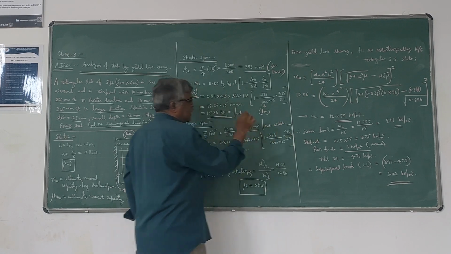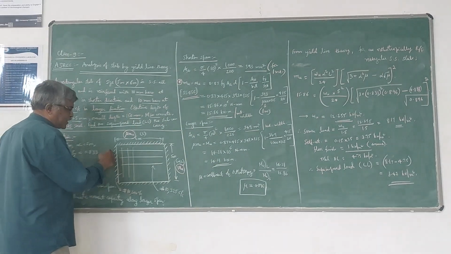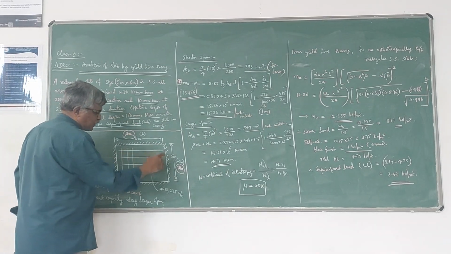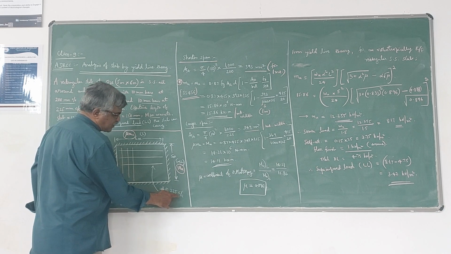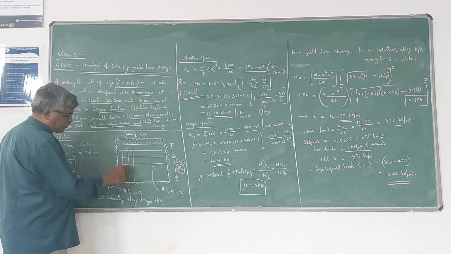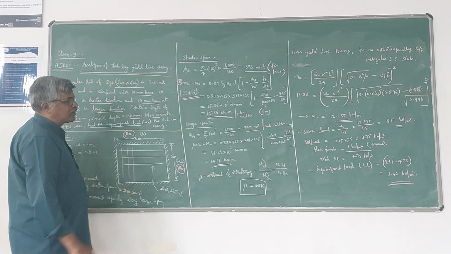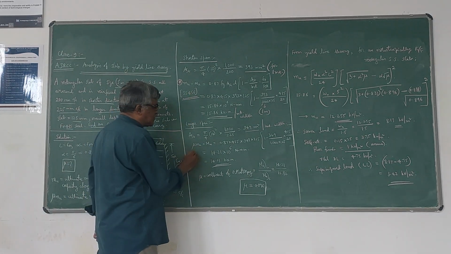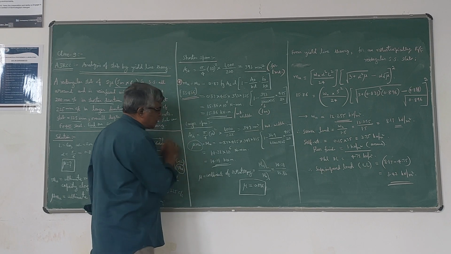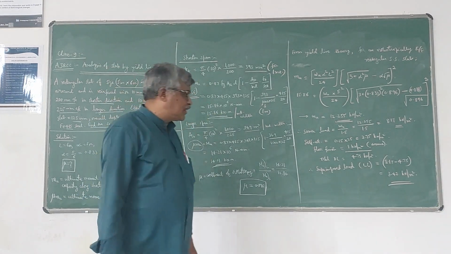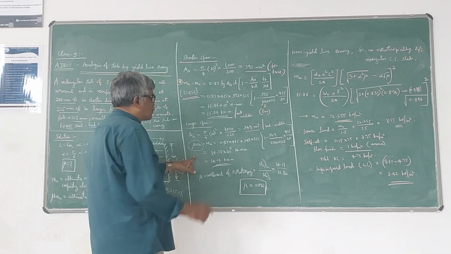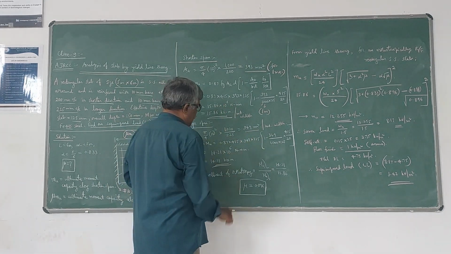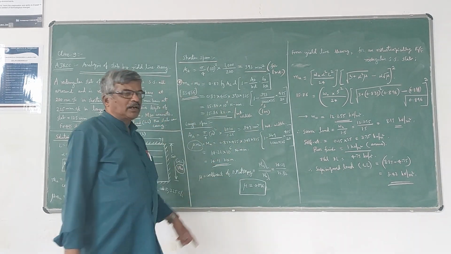But it is along the longer direction, that is, this direction. In this direction, reinforcement is 10 mm at 225 center to center, and in this direction reinforcement is 10 mm at 200 mm center to center. Now if you use the same formula, here capital M is nothing but Mu times mu. Because it is in the other direction, it is mu times mu. So the same substitution you have to do, and you will get 14.21 kilonewton meter.